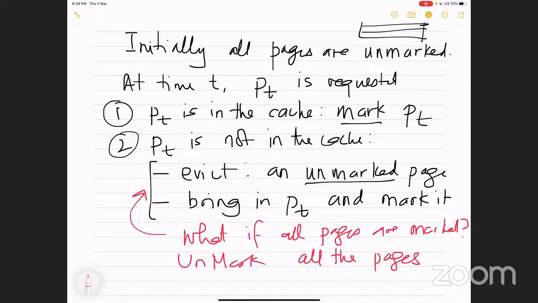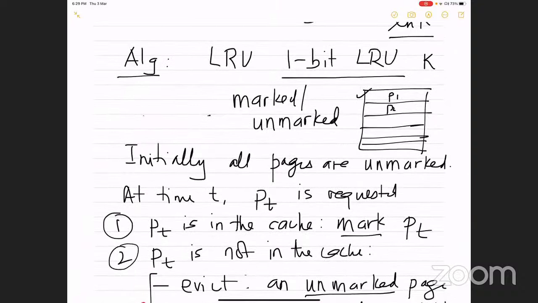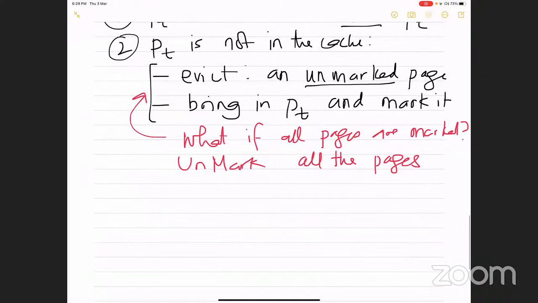Is that okay? So I assume the algorithm is clear. It is the standard LRU algorithm. And why is it called 1-bit LRU? Because you're just using 1 bit to keep track of whether the page was accessed recently or not. What's a 2-bit LRU? 2-bit LRU would be where you have 2 bits, and these 2 bits count how often this page has been accessed recently. If you have to remove somebody, you remove the one among the marked ones whose counter is small, which haven't been accessed too often recently. But even 1-bit LRU is good enough for us. So let's quickly analyze this and see why.